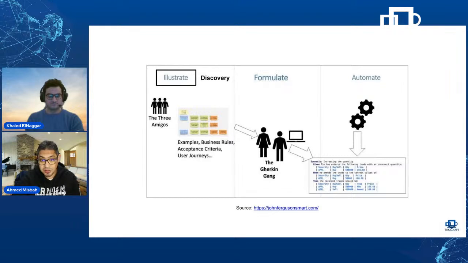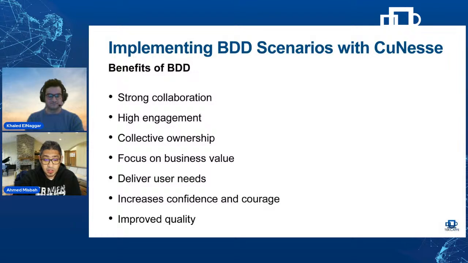Then when it comes to automation, you use some sort of collaborative programming technique that could be pair programming or ensemble programming in order to write the automated tests and basically use the red-green-refactor mantra. So you get that strong collaboration with BDD. And as I've said, the agile mindset is all about collaboration and communication. You get higher engagement, collective ownership of almost everything: the executable specs, the examples, the tests, the code.